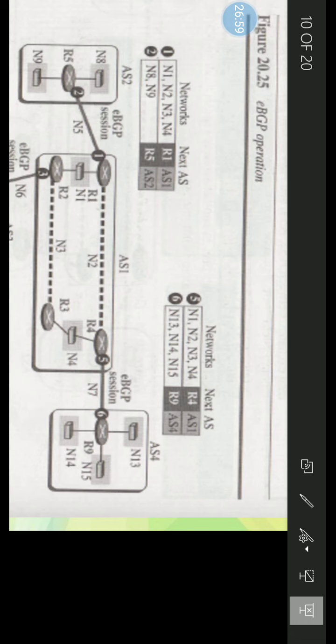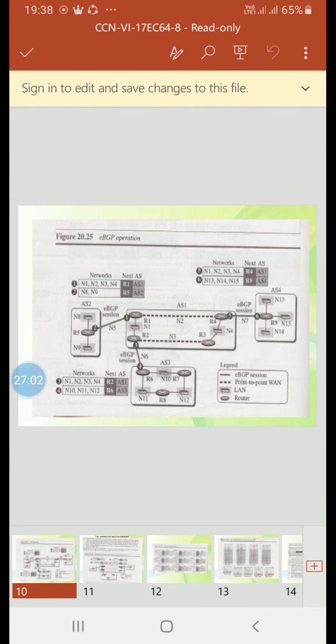Messages exchanged during the 3 eBGP sessions help some routers know how to route packets to some networks in the internet, but the reachability information is not complete. So there are 2 problems that need to be addressed. We'll see what those 2 problems are.